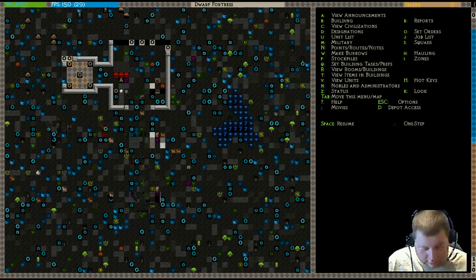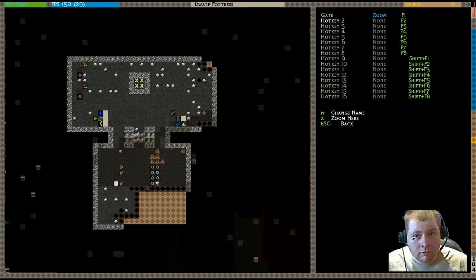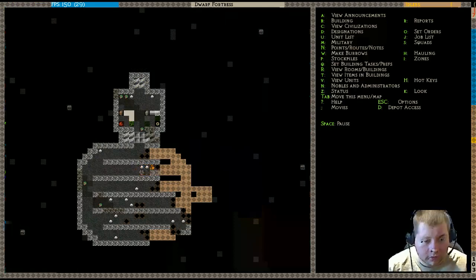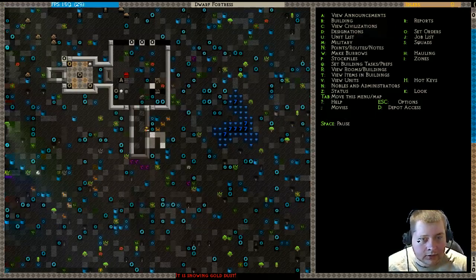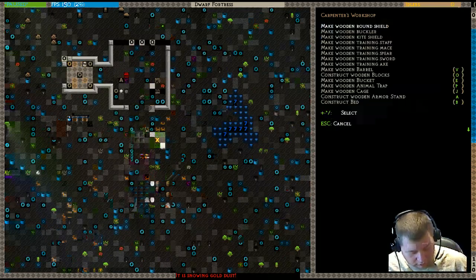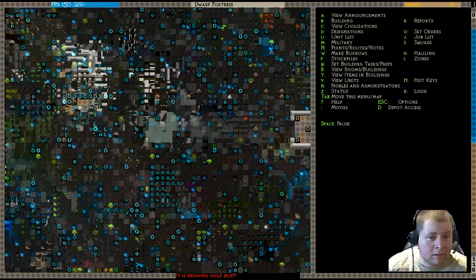Okay, that's good enough for the F1. Hotkeys, F2, zoom here. Alright. I'll let him get to work. You can do it! Dig faster! Get a couple barrels produced as well, quickly. I'll say 2. Just so that it gives me something to...